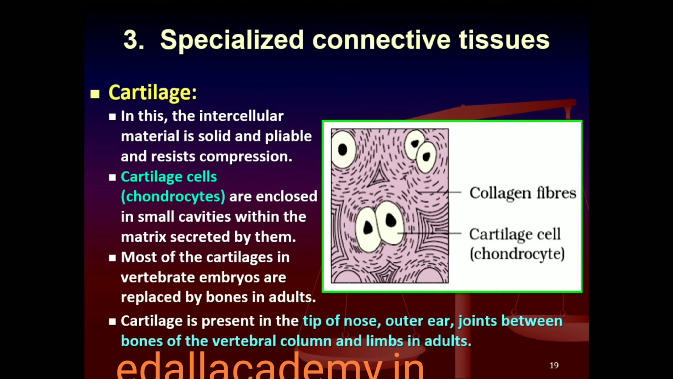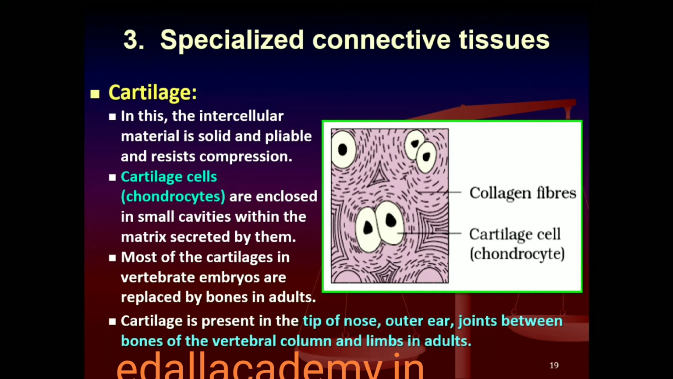Cartilage, bones and blood are various types of specialized connective tissues. The intercellular material of cartilage is solid and pliable and resists compression. Cells of this tissue, chondrocytes, are enclosed in small cavities within the matrix secreted by them, figure 7.6a. Most of the cartilages in vertebrate embryos are replaced by bones in adults. Cartilage is present in the tip of the nose, outer ear, joints, between adjacent bones of the vertebral column, limbs and